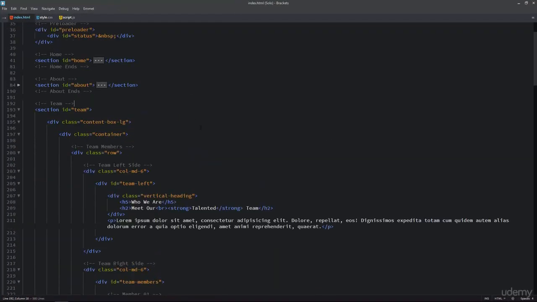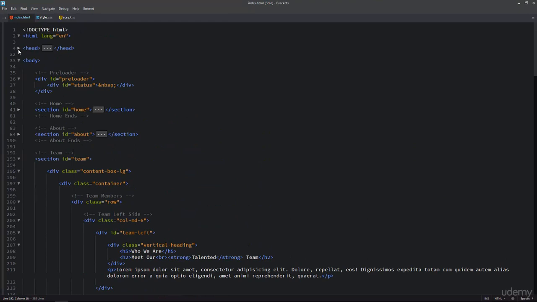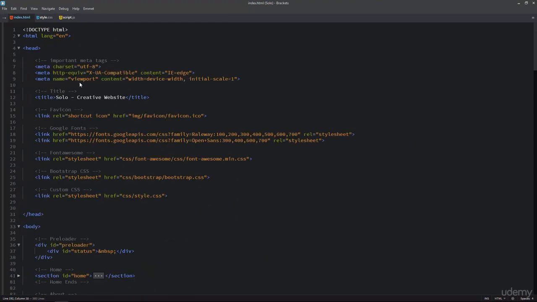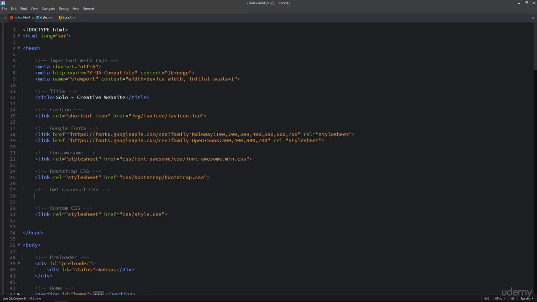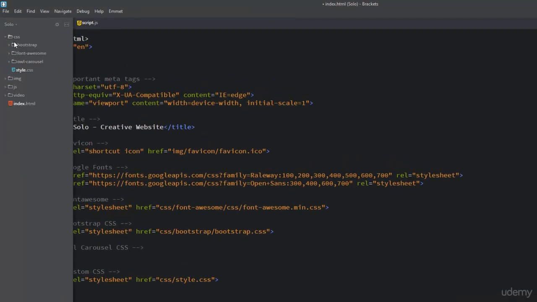I will link CSS files inside the head section of Solo website. I'm going to open the head section and I'm going to add all carousel CSS files just before style.css right here. First, I will write comment for all carousel CSS files, and the comment is all carousel CSS. Now I'm going to add all carousel CSS files. Inside the CSS folder, we have all-carousel folder, and inside this folder we have CSS files of all carousel plugin. First, I'm going to add